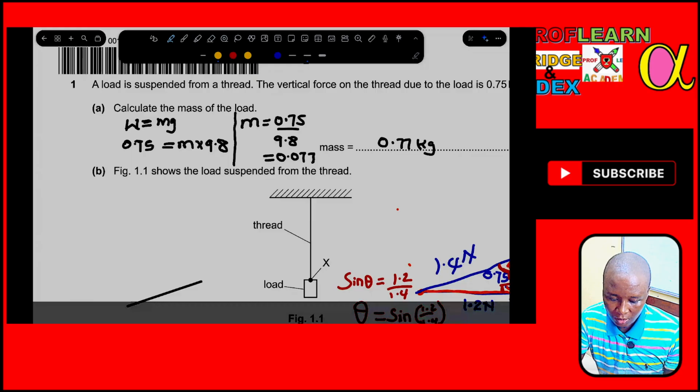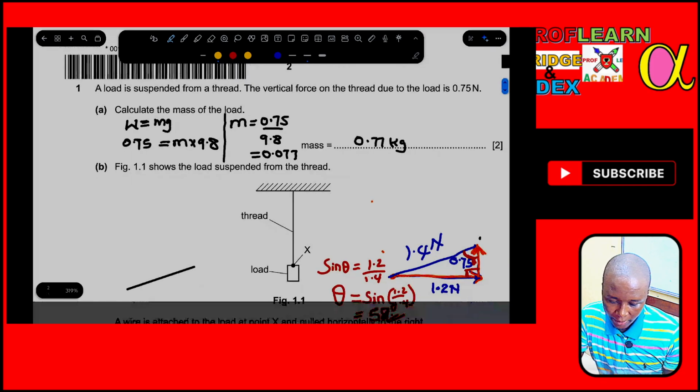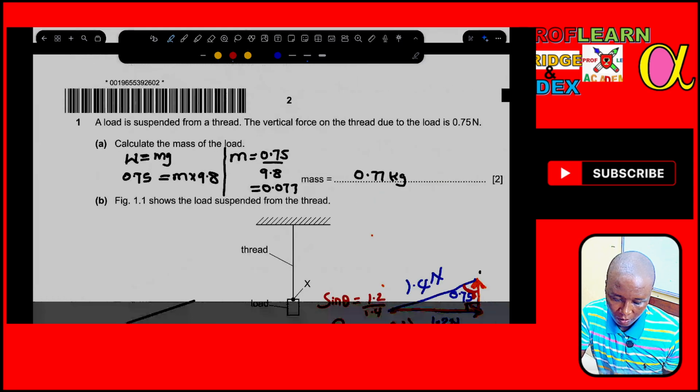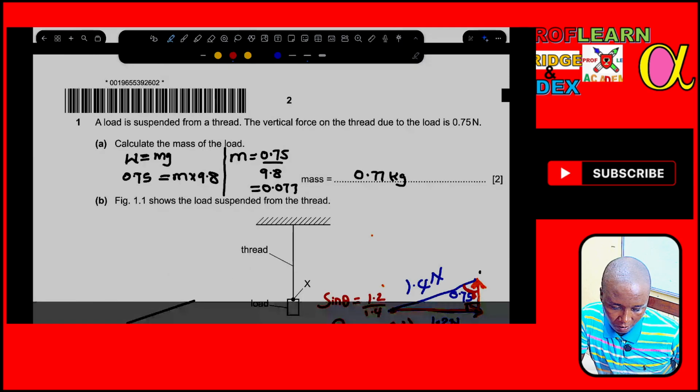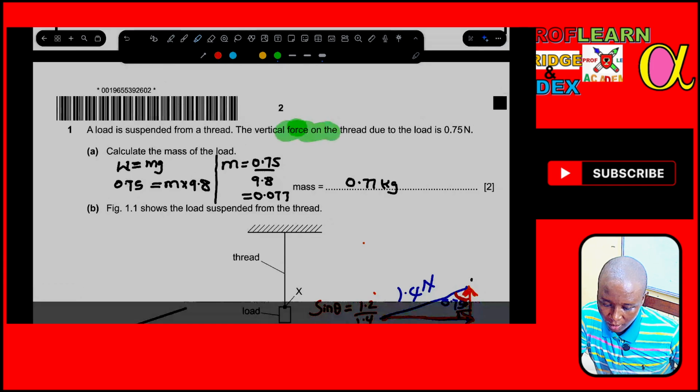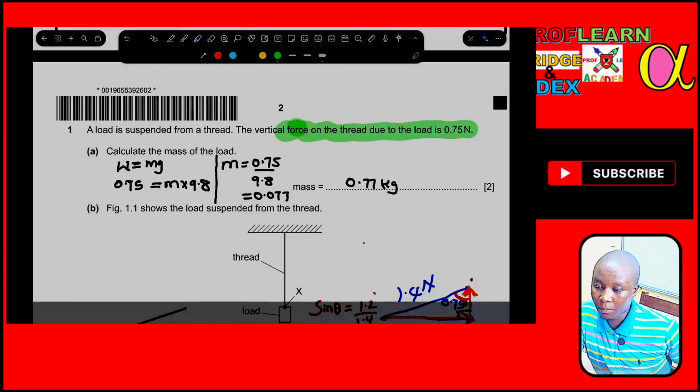Candidates were given that the mass was suspended on the rod, and we are told the force due to the load was given as